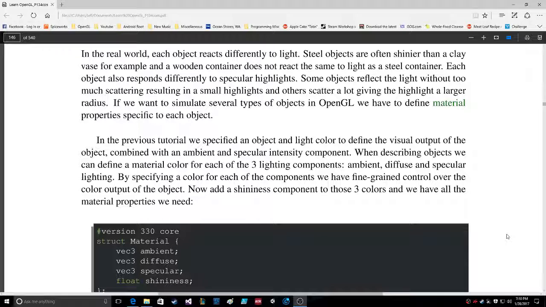In the real world, each object reacts differently to light. Steel objects are often shinier than a clay vase, for example. A wooden container does not react the same to light as a steel container. Each object also responds differently to specular highlights. Some objects reflect the light without too much scattering, resulting in small highlights. Others scatter a lot, giving the highlight a larger radius. If we want to simulate several types of objects in OpenGL, we have to define material properties specific to each